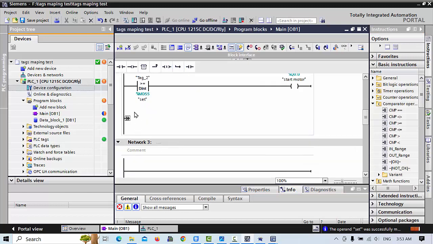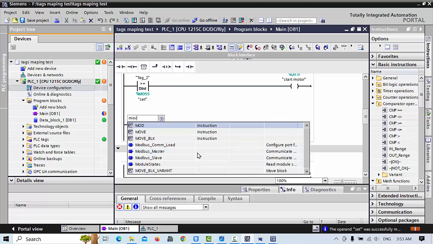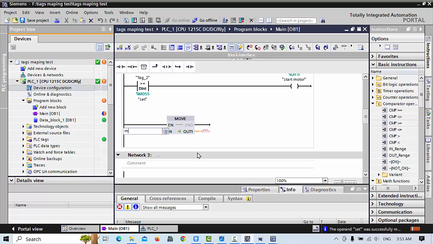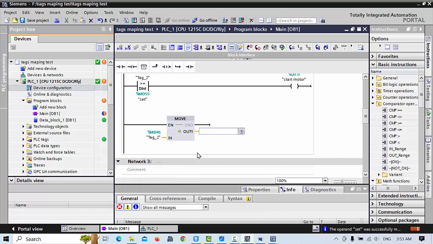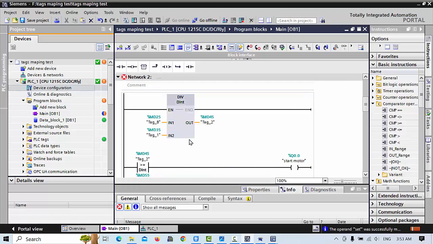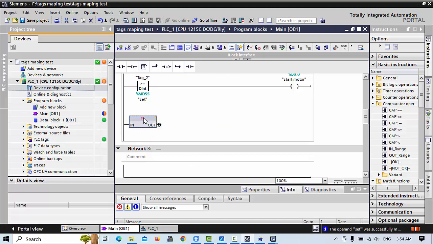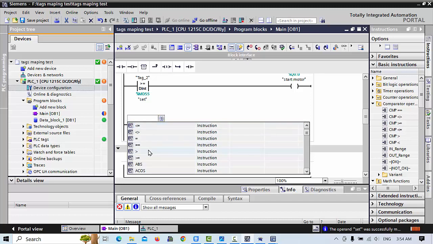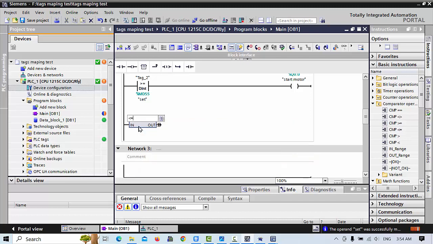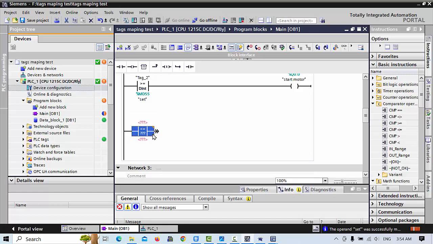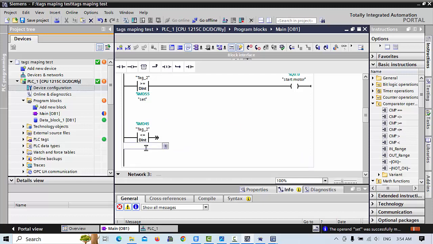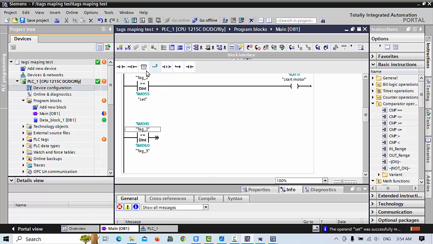for example, here we want one more. We take a move command, MD45 move into, oh sorry, not a move command, we have to use the compare command. Equal or less than, first we use this, equal or less than, MD45 and MD60, and output